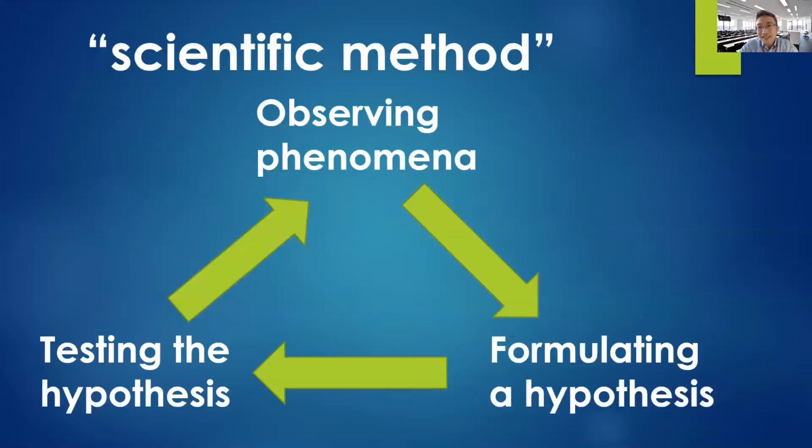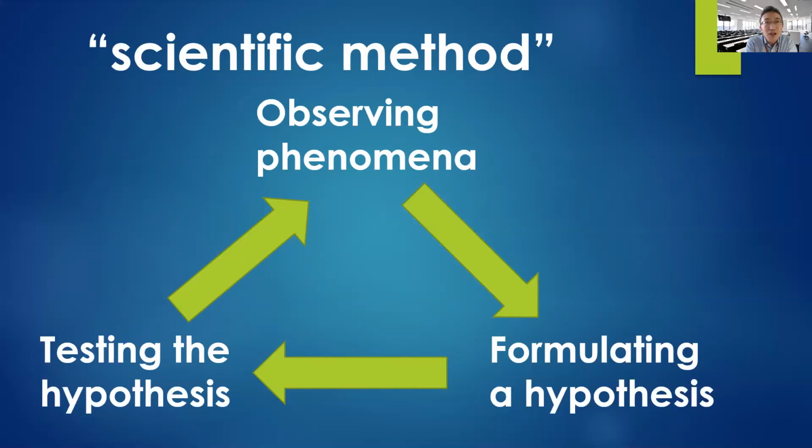So this is a cycle of scientific method. First, you have to observe what is going on around you. What is going on as a phenomenon? Observe the phenomenon. After that, you have to formulate a hypothesis. Then, just thinking in that way is not enough. That hypothesis must be verified through research or experiment. So you have to test whether that hypothesis is correct or not.